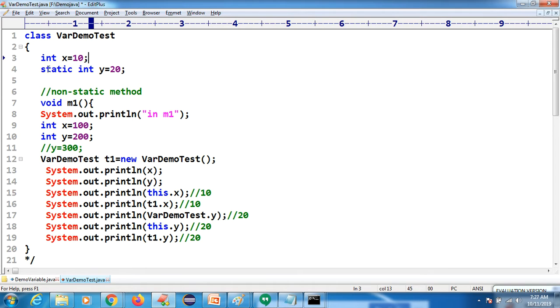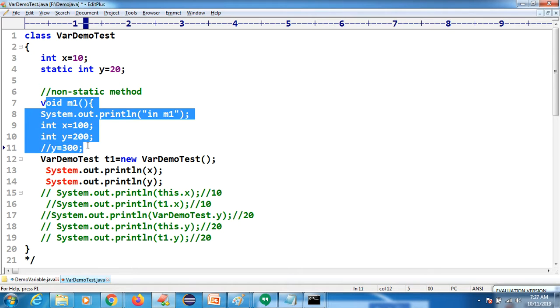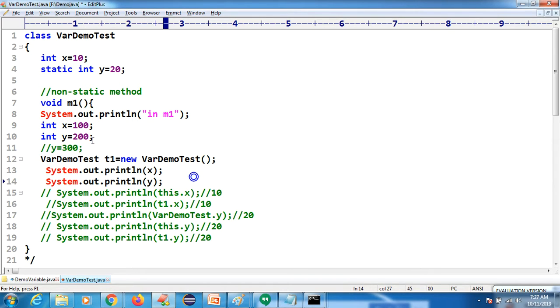Okay, this static variable we can differentiate in three ways. So how to differentiate? If you execute this code, then we will get the output 100 and 200. But how to access this member 10 and 20? So how to differentiate? By using this,